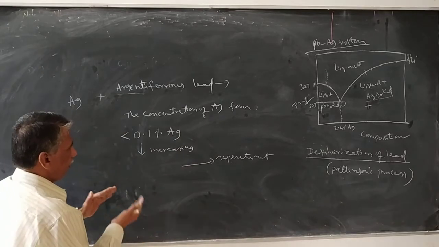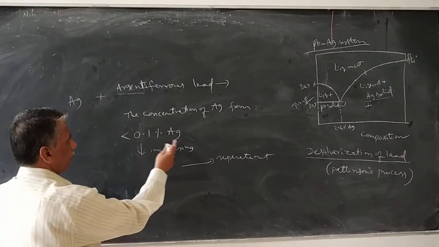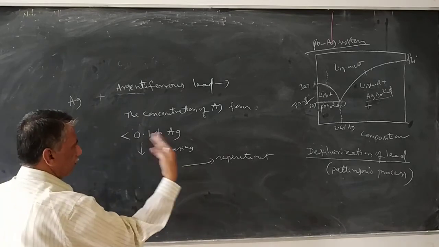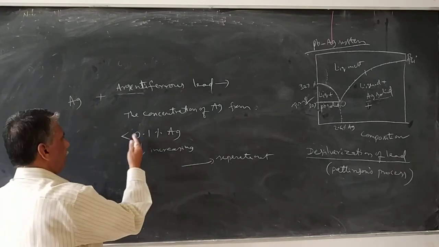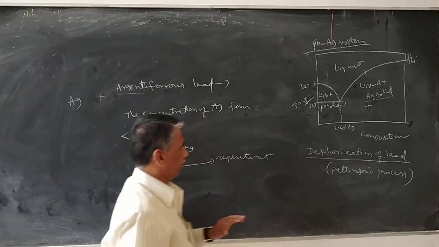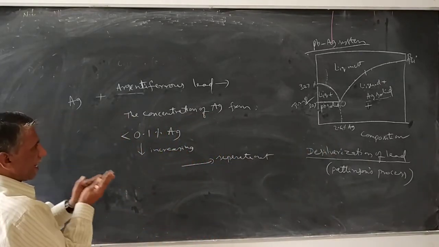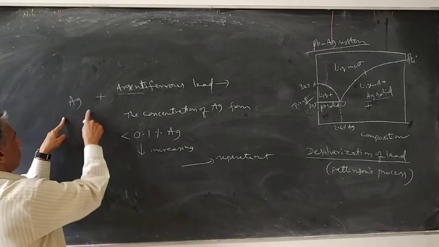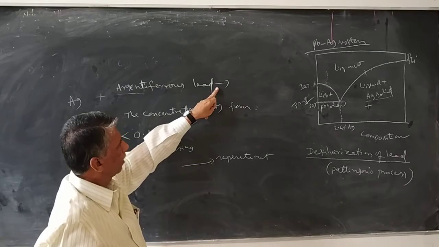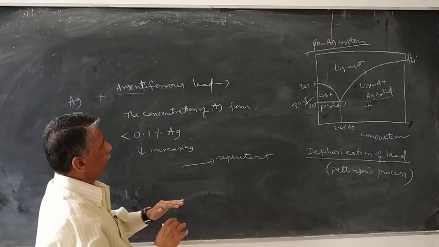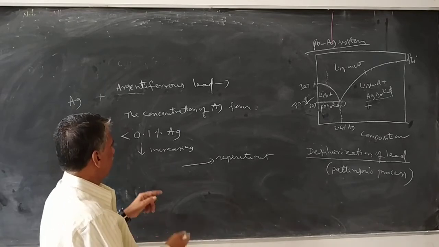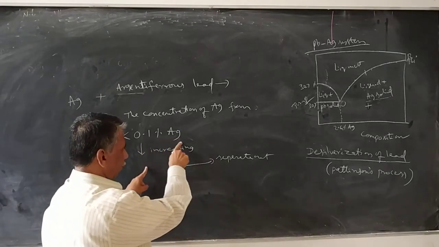So that means the composition of silver is increased, from almost less than 0.1% to 2.6%, by adding silver to argentiferous lead. So this increase in composition of silver